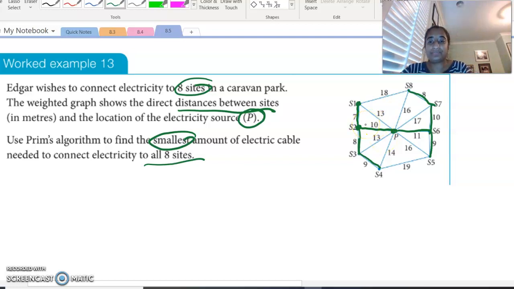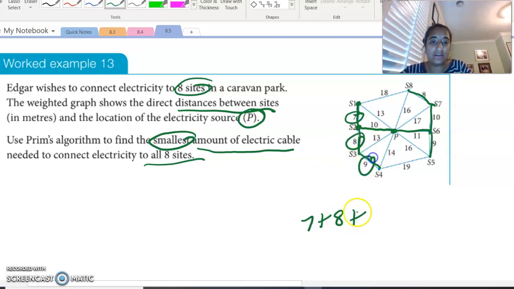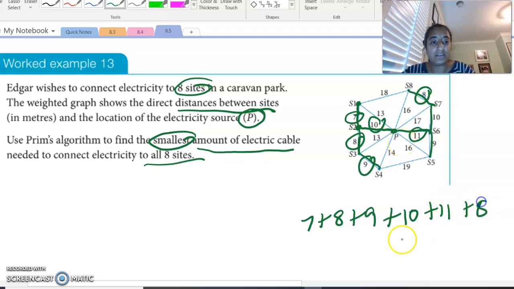So what we would do now is answer the question, what's the smallest amount of electric cable that would be needed? I add up all my numbers. So 7 plus 8 plus 9 plus our 10 that was here plus the 11 plus the 8 plus the 10 plus the 9, and they are